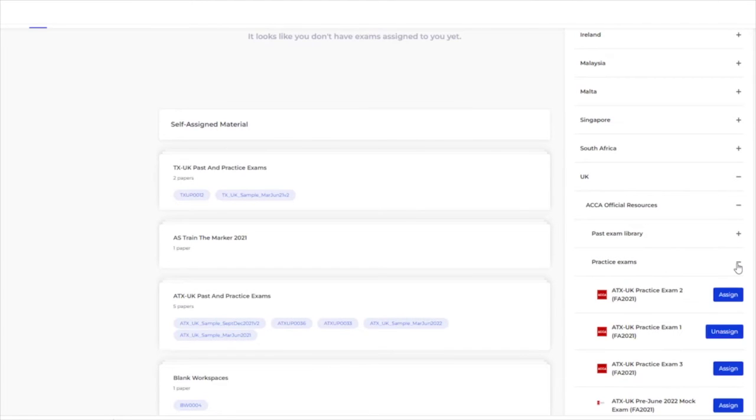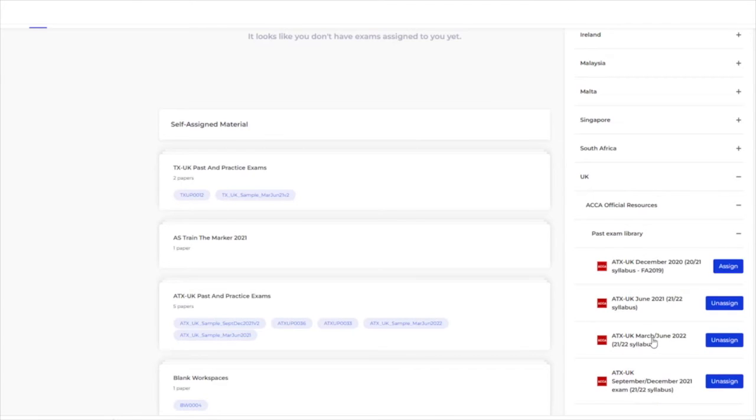However, there are 3 practice exams which are all in Finance Act 2021. So if you're sitting the exam in September, those are in the right Finance Act for you. And those are in real exam format. So I would recommend that you practice those exams on this practice platform. And from the past exam library, the March-June 2022 exam, although part of this was based on the previous year's syllabus, that is actually all in the correct Finance Act. So that's the one that we're going to be looking at partly today.